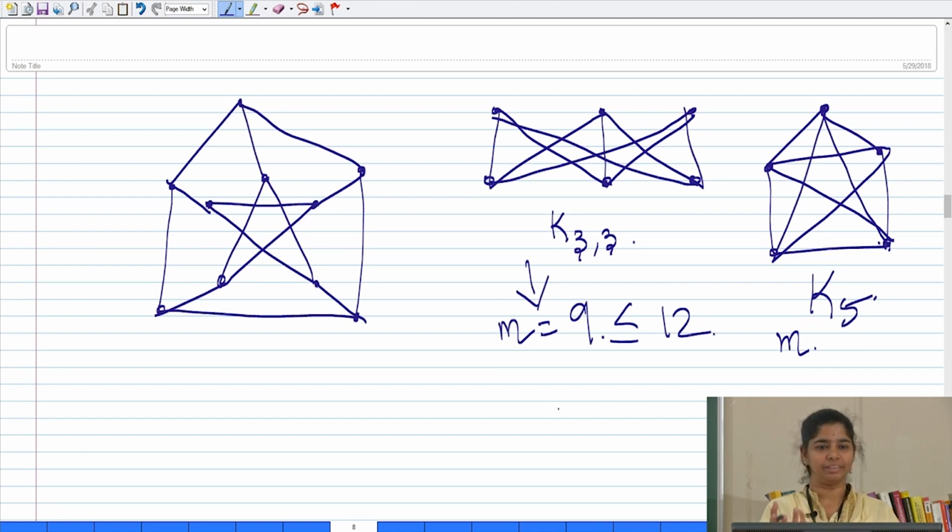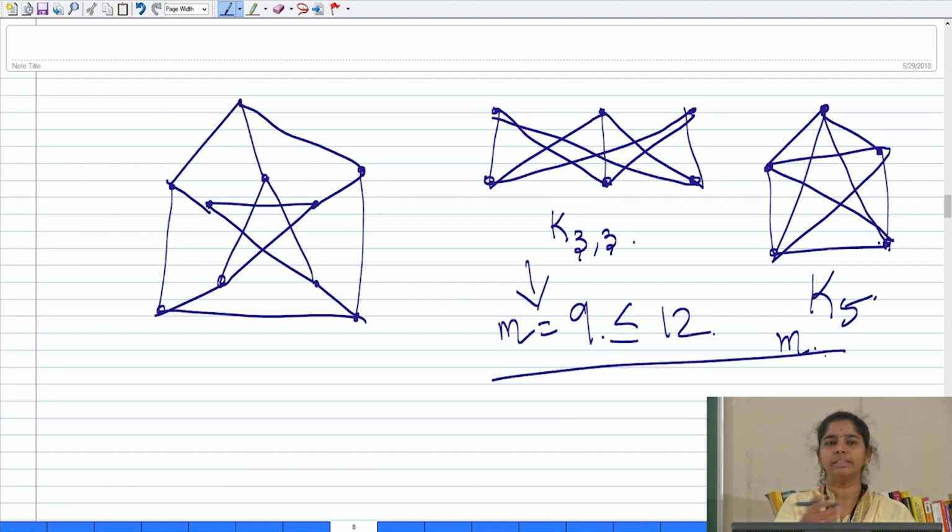We are still lagging in certain things. So, that is what I wanted to show. If I want to prove it mathematically, of course, I can keep on trying and I can try to draw this and try to see that there is no plane representation for these graphs, okay. But it is kind of trial and error if we want to do that. But to concretely prove it mathematically, I am trying to use the results that we have seen. Since this is not sufficient, we have 9 is less than or equal to 3n minus 6,